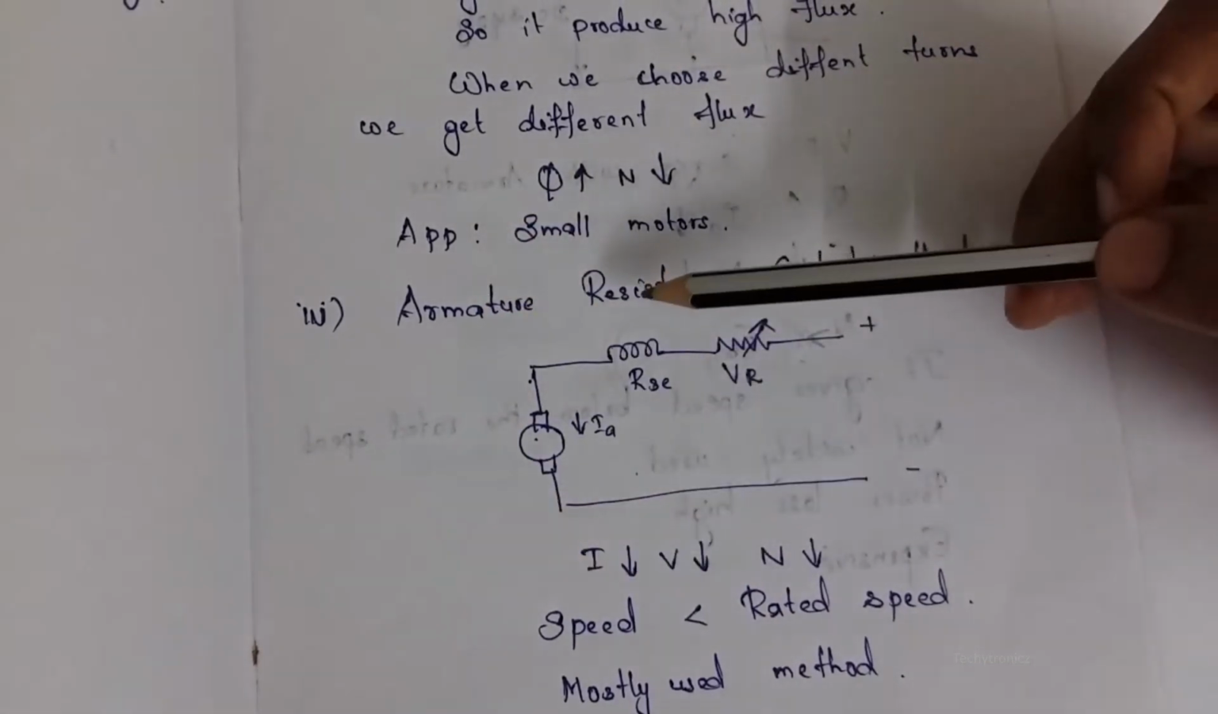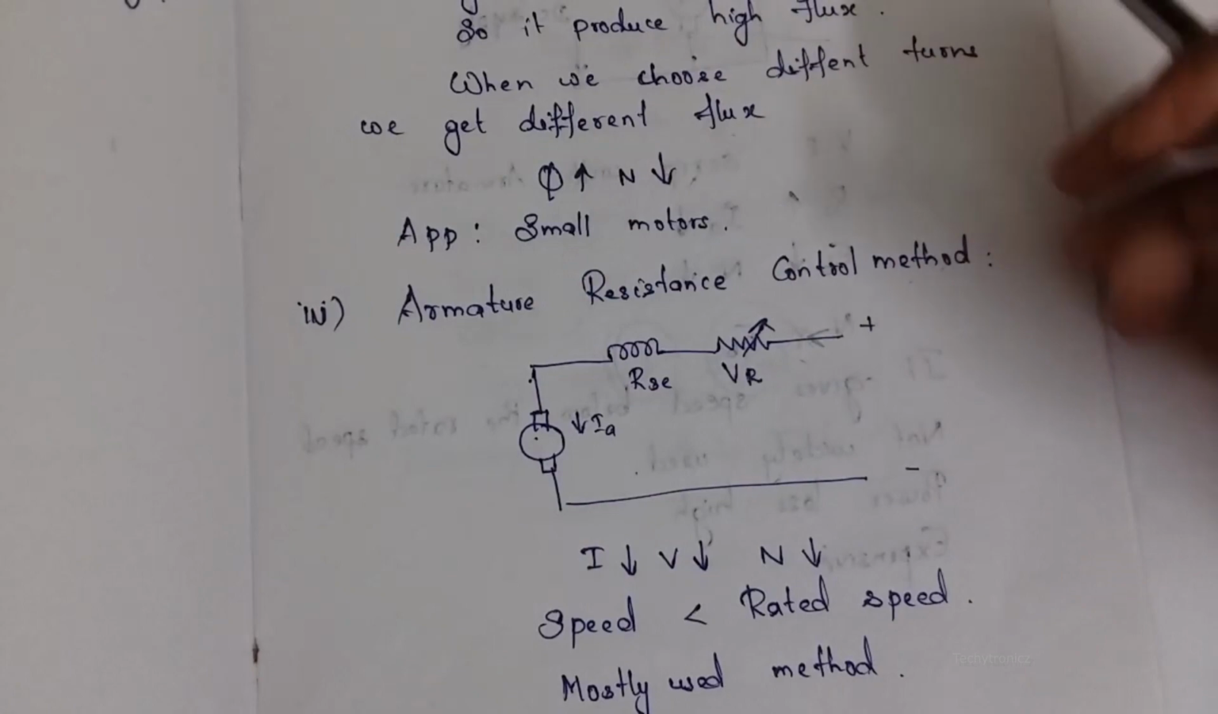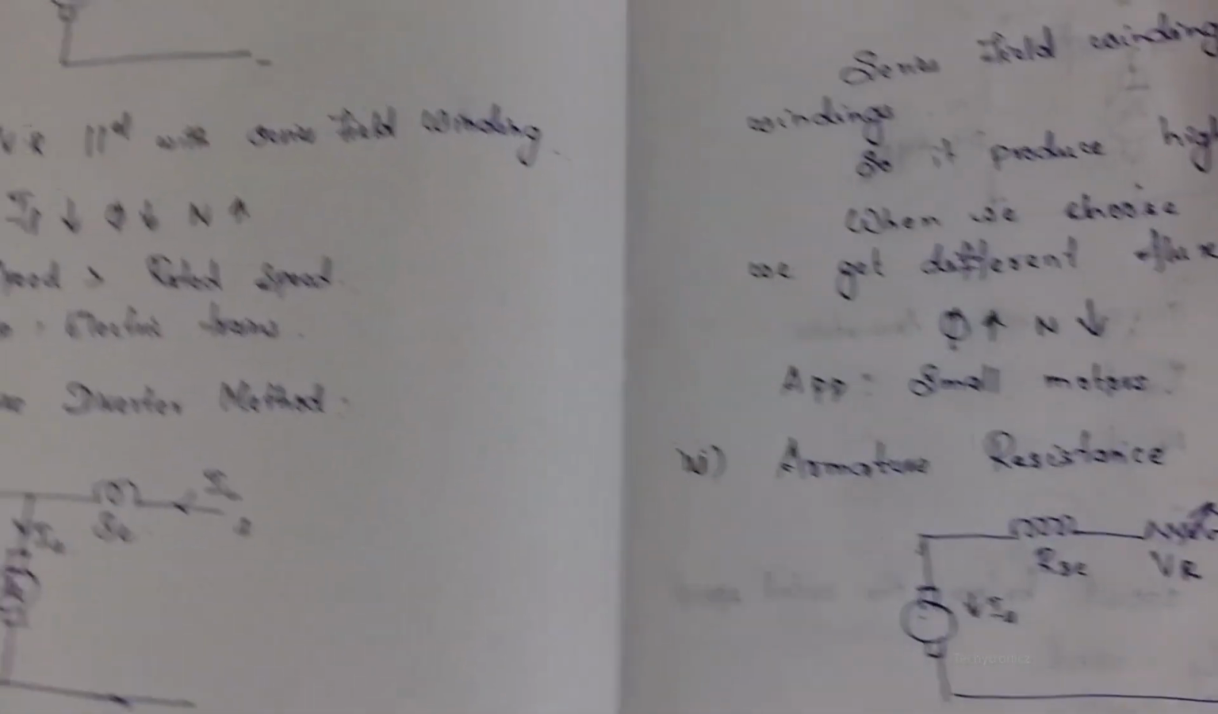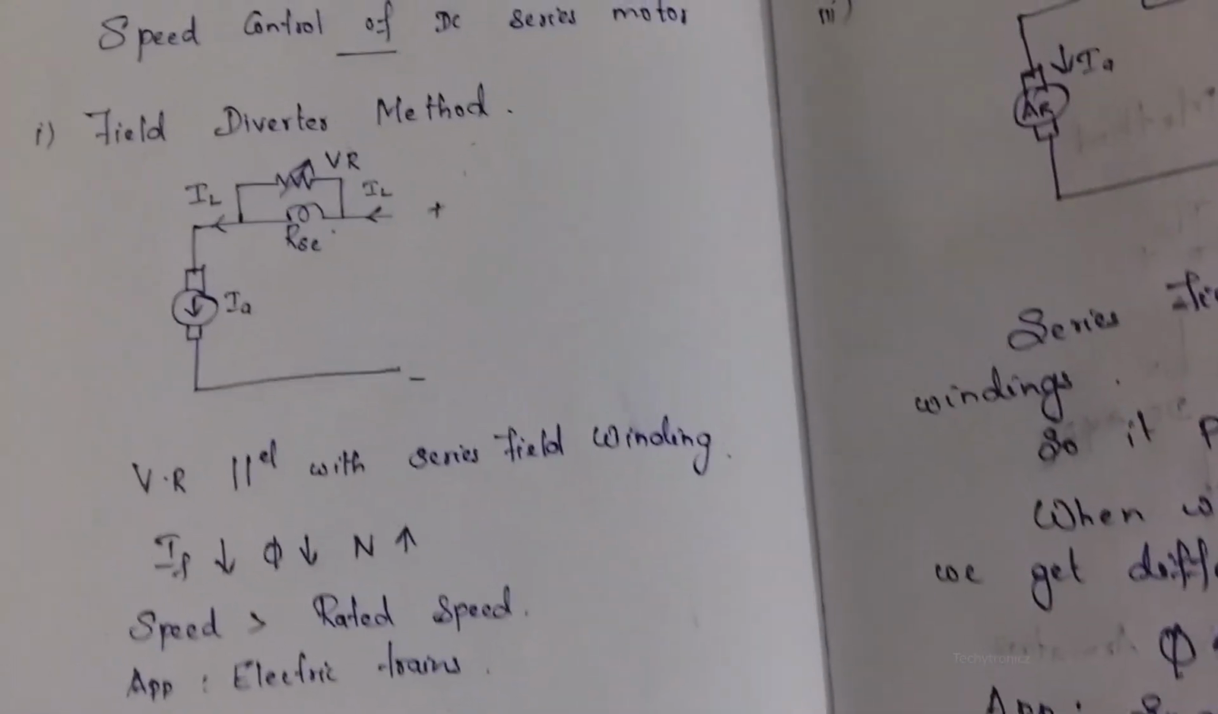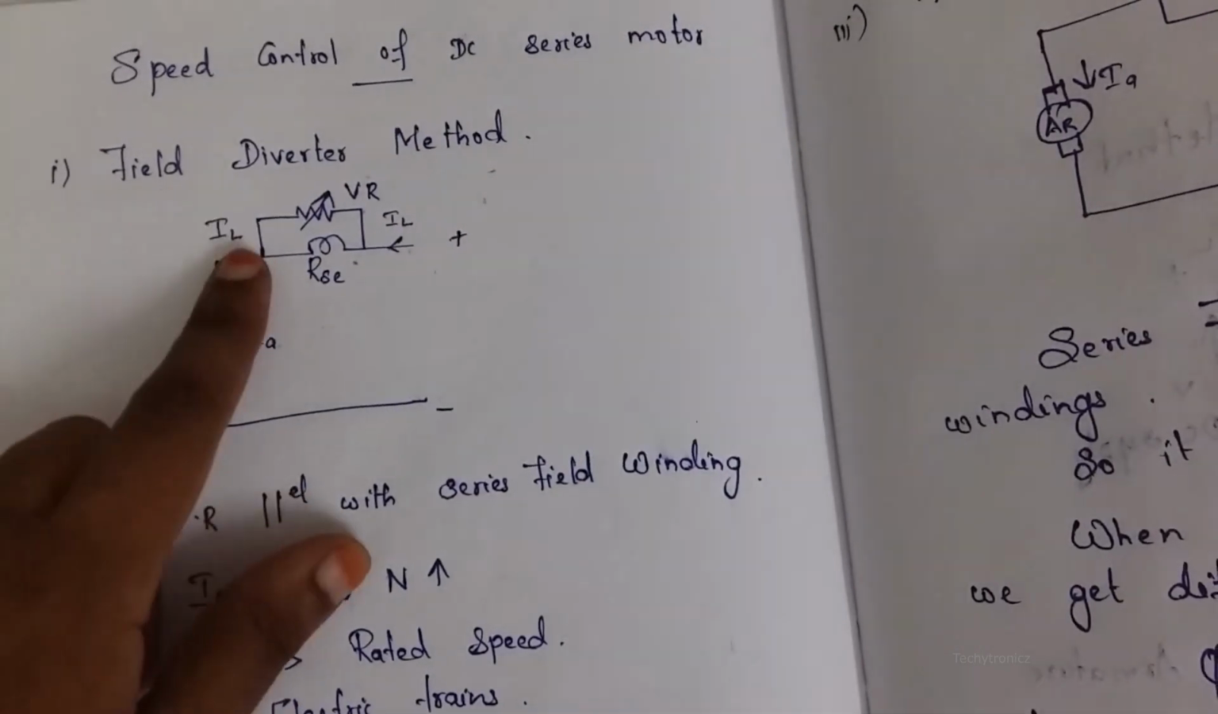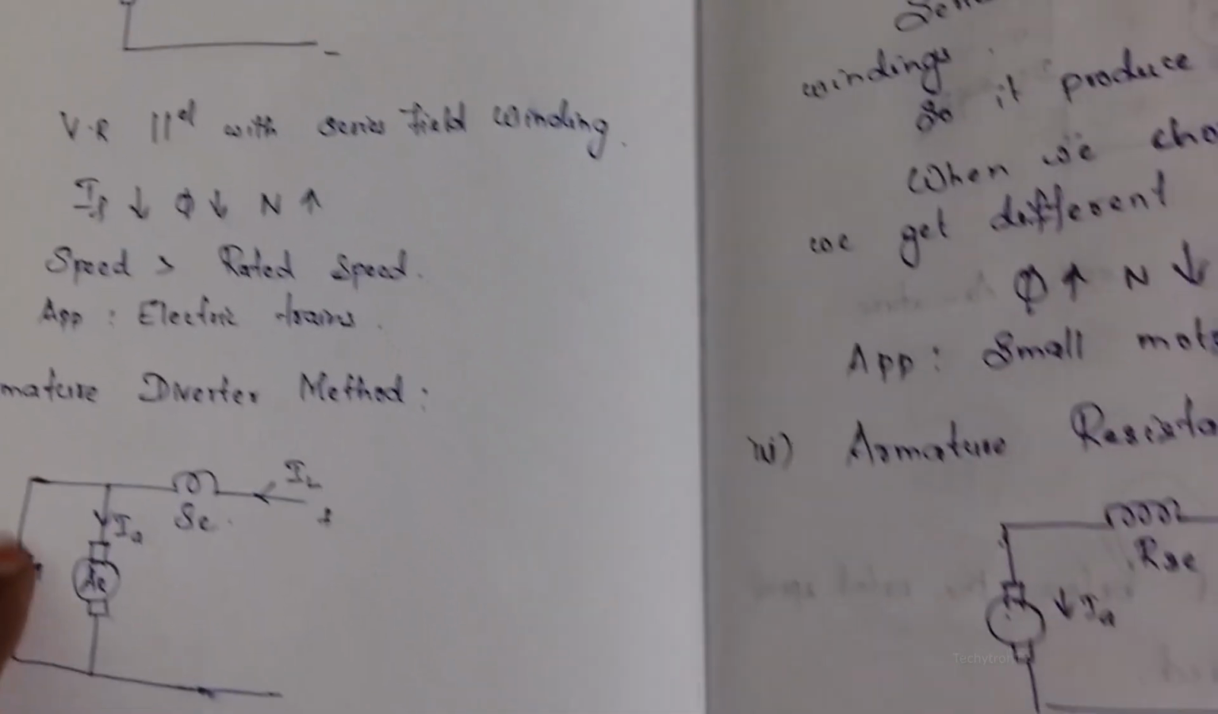These are the 4 methods of speed control of a DC series motor. What are the 4 methods for a series motor? The first one is the field diverter method, the second one is the armature diverter method, the third one is the field tappings method, and the fourth one is